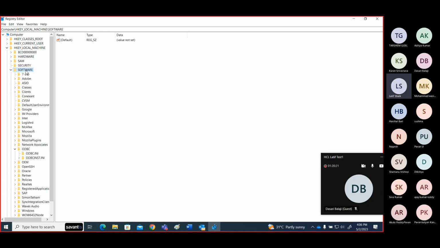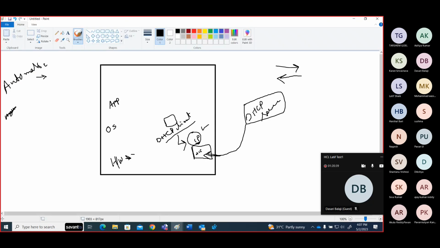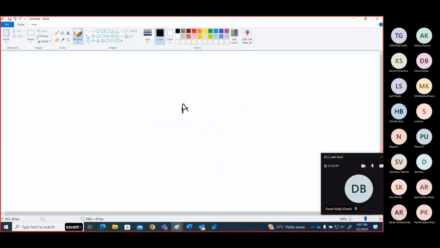Under HKEY_LOCAL_MACHINE, under Software, you can observe a lot of software inside. The applications you installed on your PC have their information added to your registry. When you try to install an application, that information goes to the registry. For example, this application's version is 7, and you try to install version 6. It may take